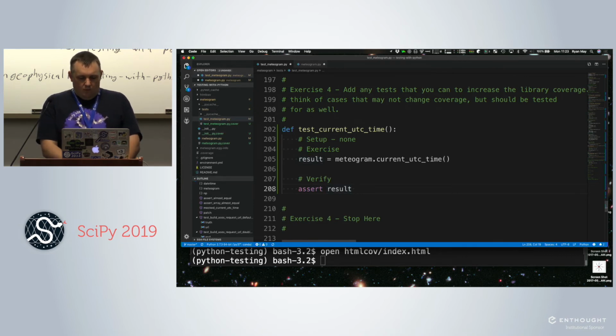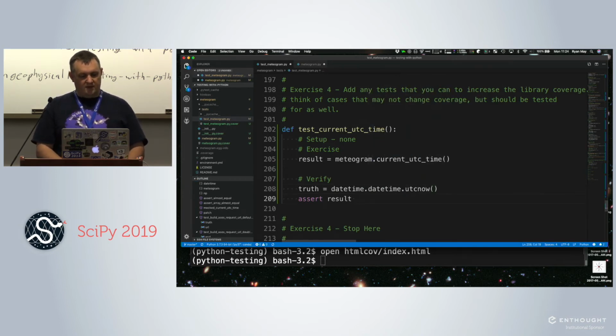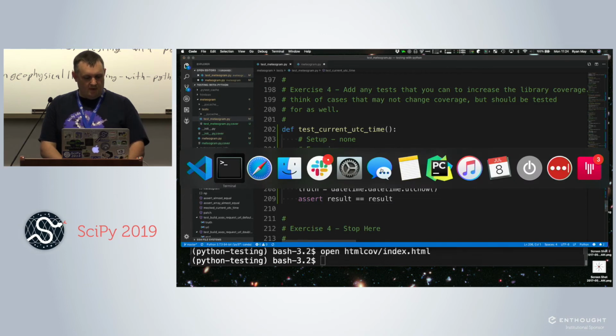So instead, the way I came up with for trying to test this is to say, truth is datetime.utcnow. So we can do this and assert it, and everything's going to be happy, right?